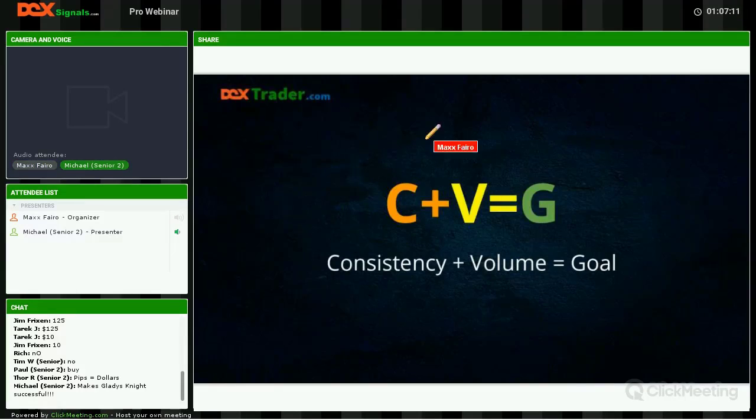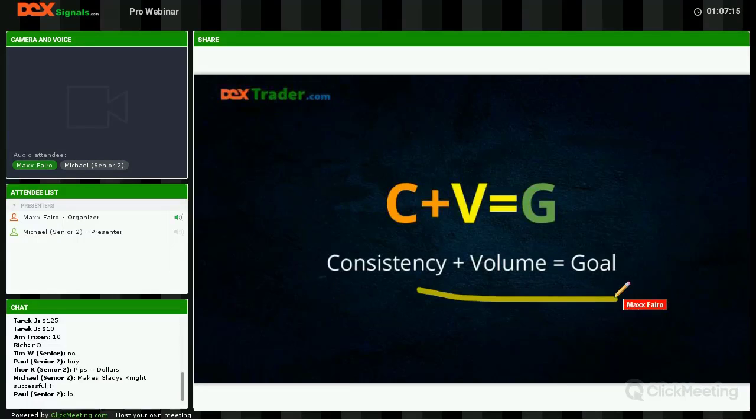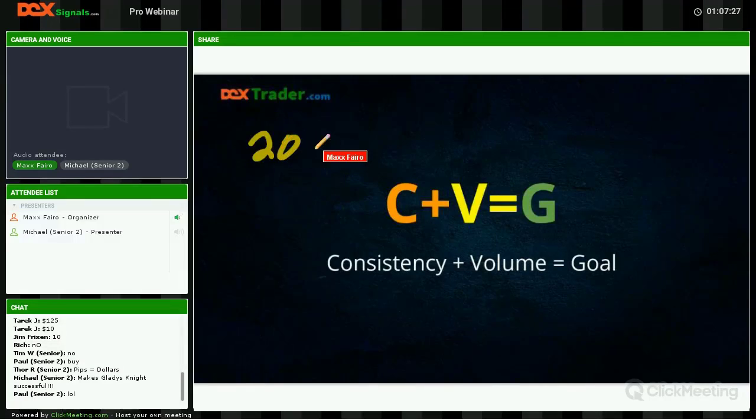Because he keeps telling me this, guys. Listen to him. He keeps telling me this all the time, because I equate it to money first. Right. And here's where you guys are like, oh, this is a cool algorithm, C plus V equals G. Okay, but listen, it really does help your mentality, because who's more successful?